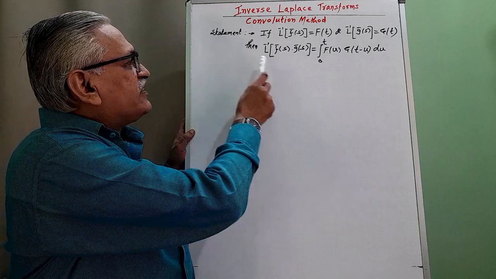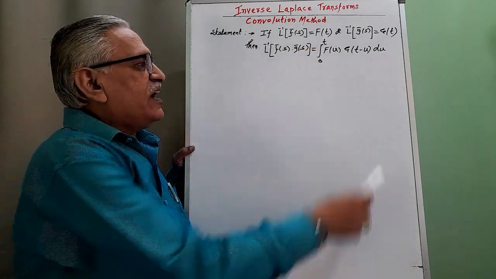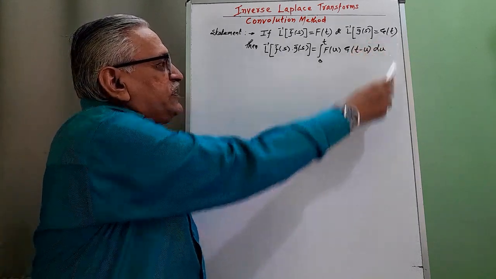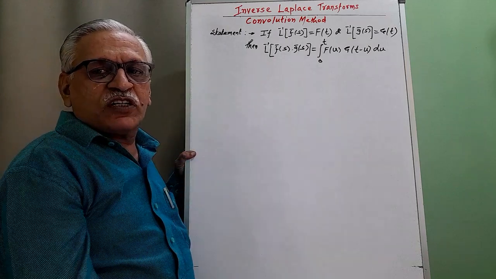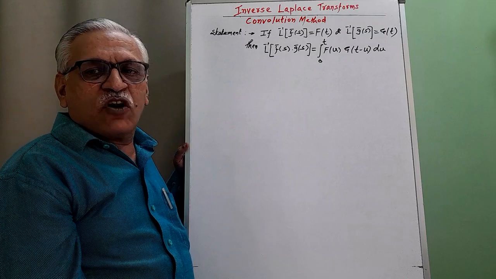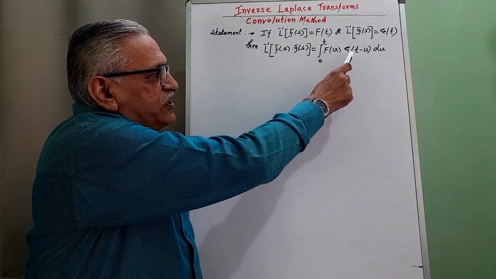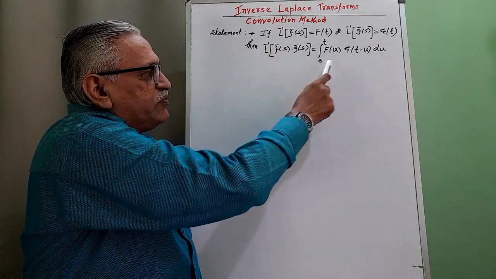Its statement is like this: if the inverse of f bar of s is f of t, and the inverse of the second function g bar of s is g of t, then the inverse Laplace of the product of the two terms, f bar of s into g bar of s, is obtained by the integration of f of u into g of t minus u, with respect to u between the limits